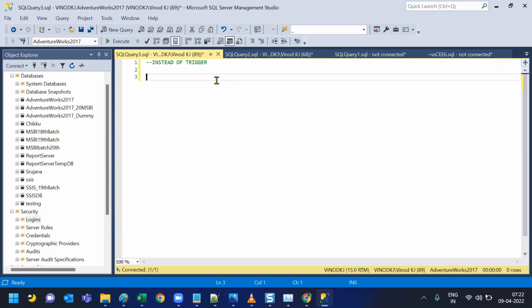Replacement of. Yeah, maybe replacement, other than. Yeah, okay. So now using this instead of trigger, what we can do is, let's say for an example,